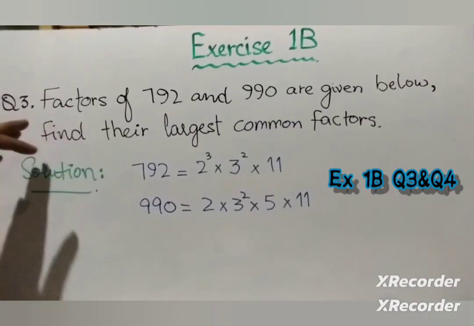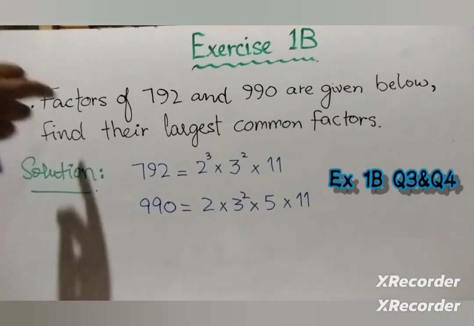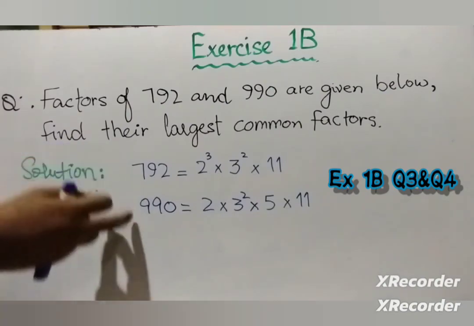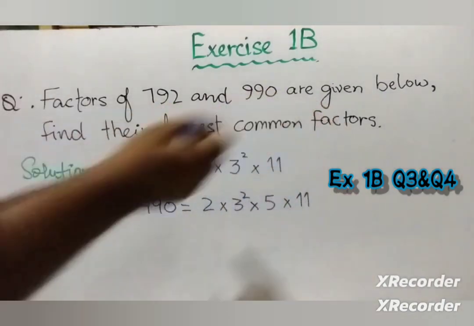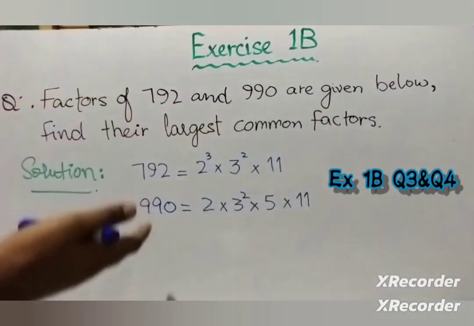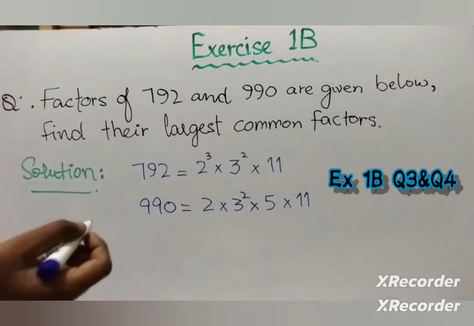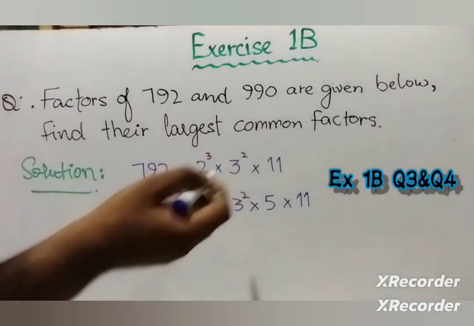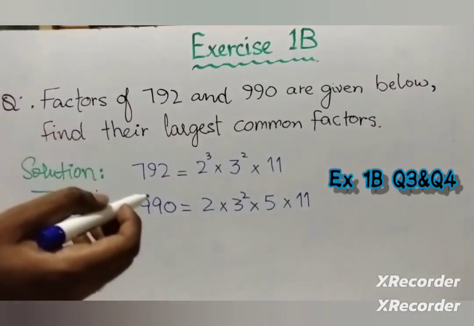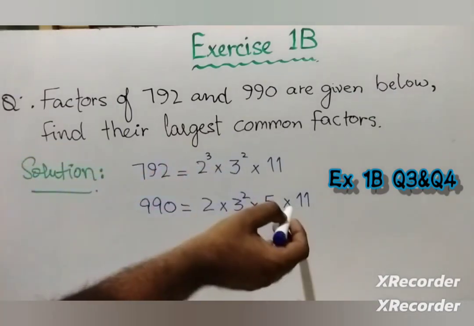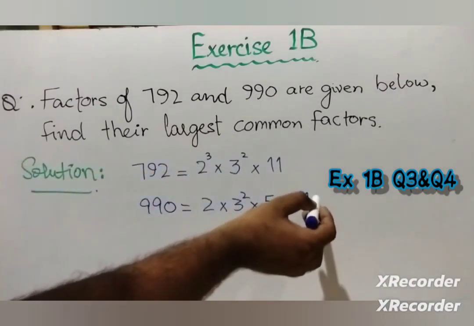Now moving forward to question number 4. Factors of 792 and 990 are given below. Find their largest common factor, a factor that is divisible by both numbers. In this question, again they are asking for an SCF. So we have already been given the factors, so we do not need to find them. We just need to identify the common factors, that is 11,